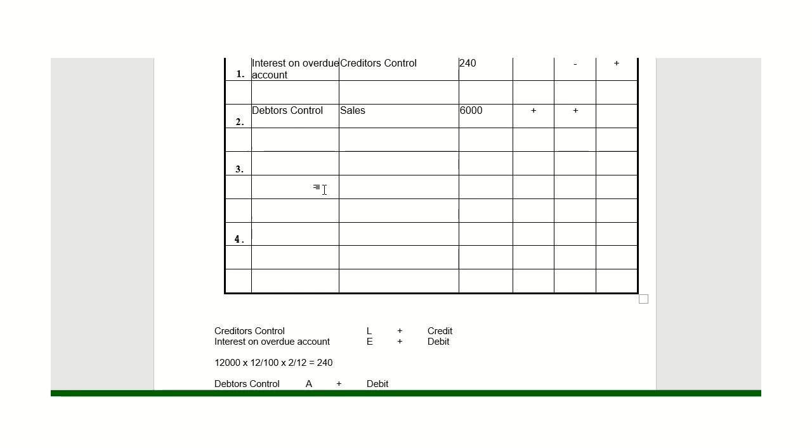Still under 2, it's the second part. So it's cost of sales in the debit side and trading stock credit. But now I must go